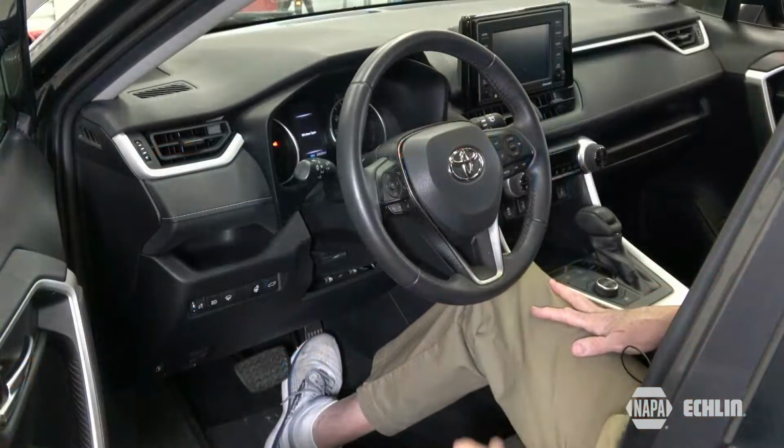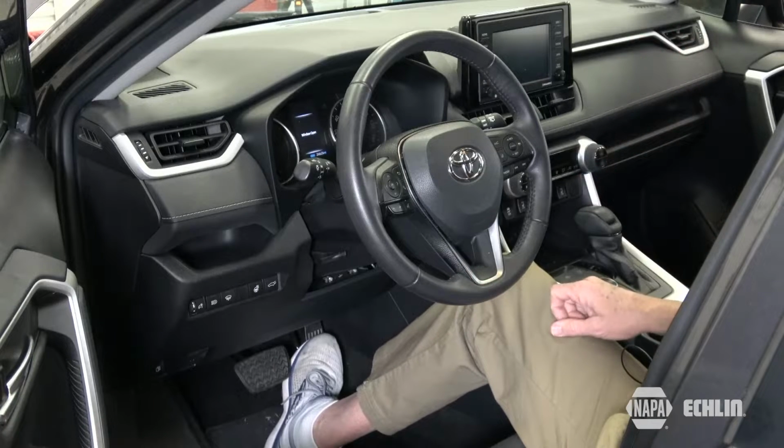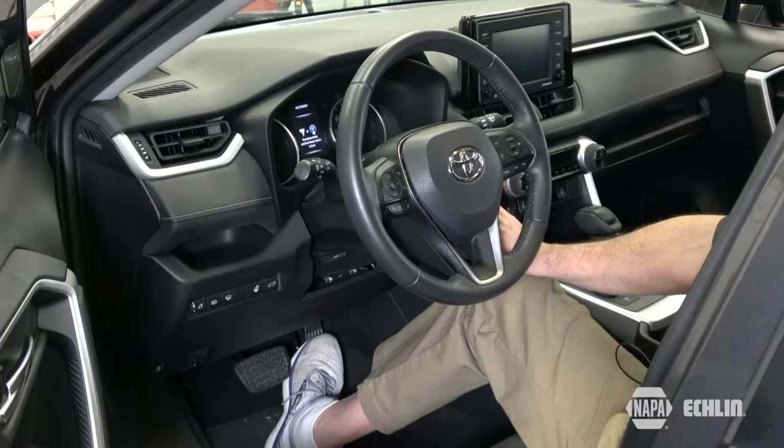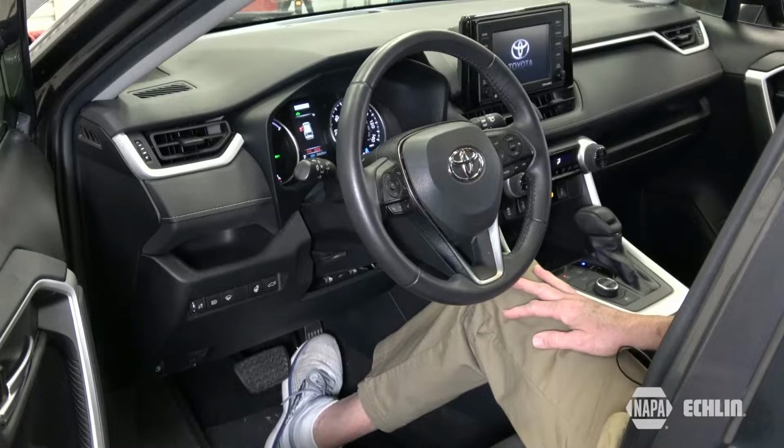All right, folks, I'm inside the vehicle. What I need to do is press the start button twice without mashing the brake. This will put the vehicle in ignition mode. Once, twice. Now within 60 seconds, I'll depress the accelerator 4 times in park,